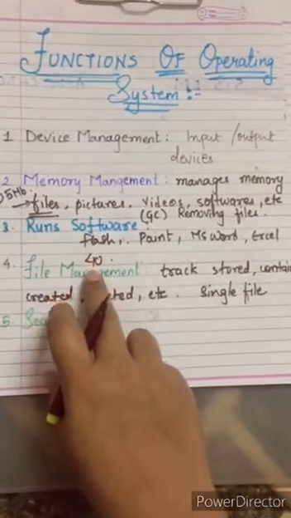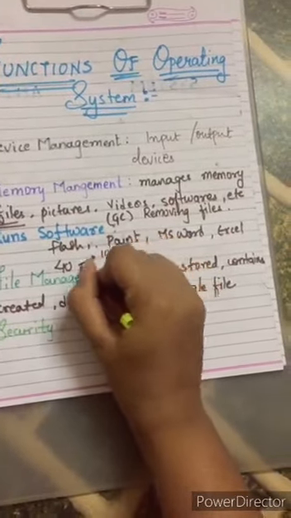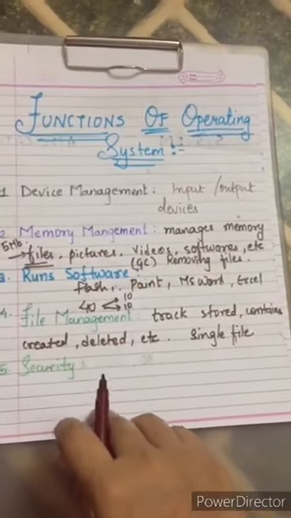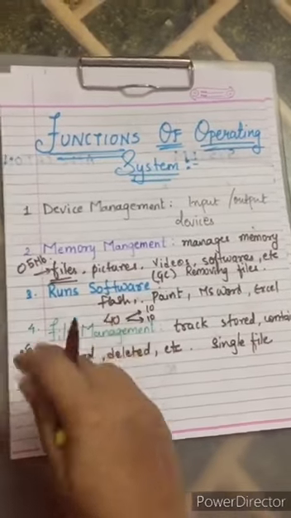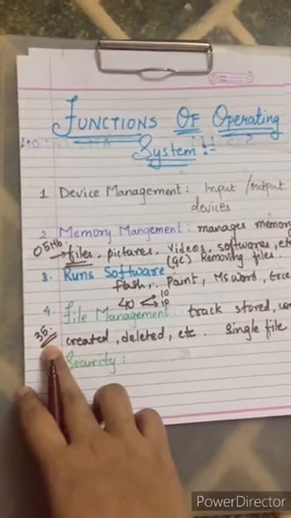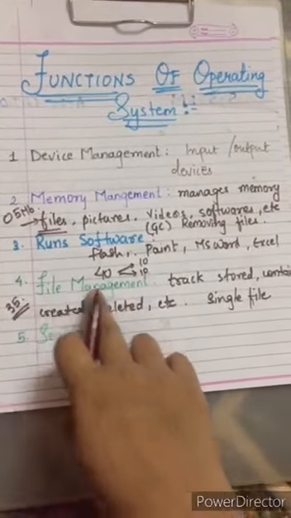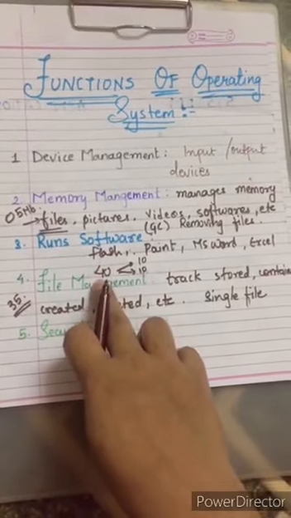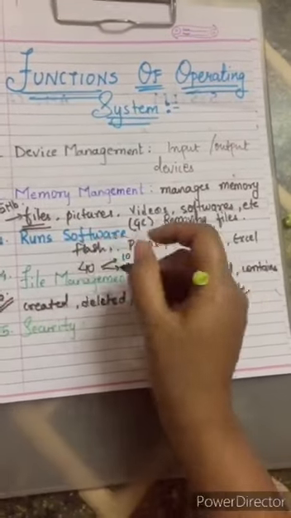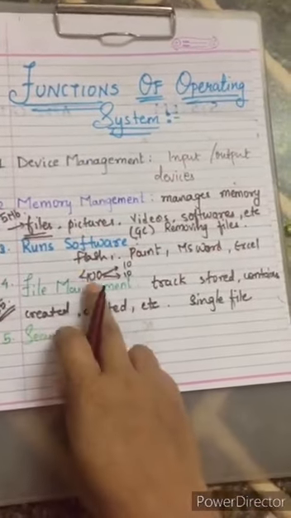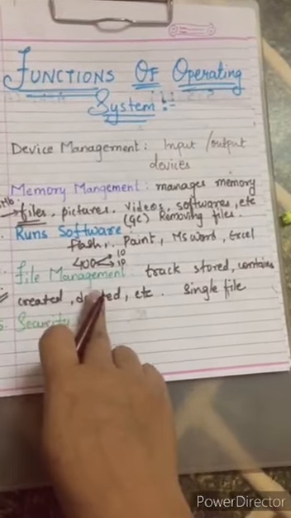Suppose you have 40 files and each of them contains 10 records. If you want to find file number 35, it will be easy for you if you name the files in this sequence. The OS will show you all 40 files, and if you want to select any one of them, you can do it. Instead of 40, if you have 400 files, then also you can find a particular file when needed. That is file management.